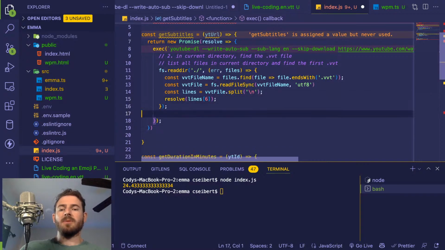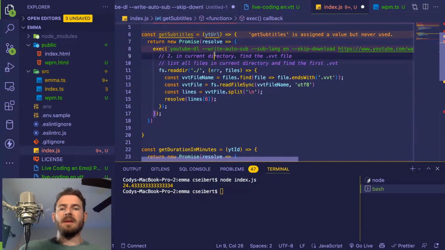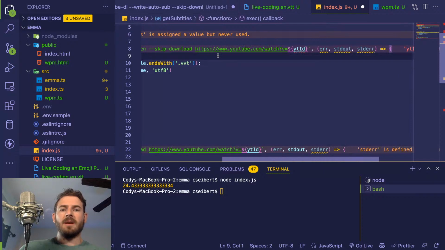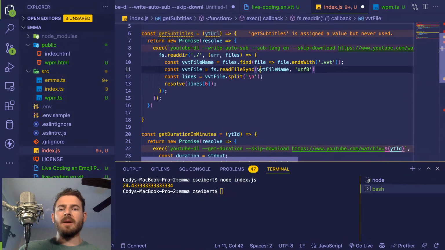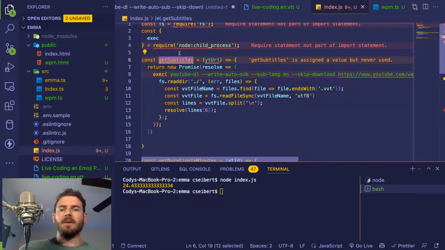I don't know if this approach will fail for other files, so I'll need to test it out, but assuming I got all this code right, yeah, we don't care about any of this stuff. At some point you want to add error handling to make sure stuff doesn't break, but I'm going